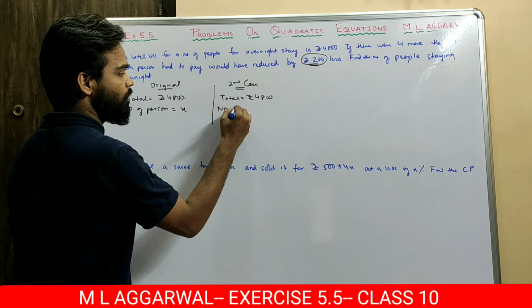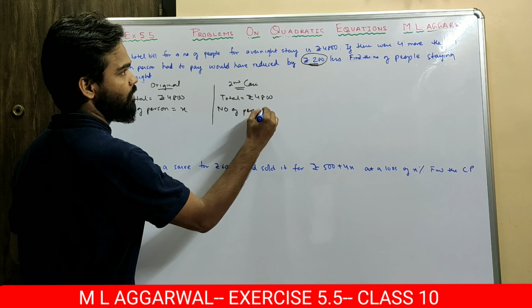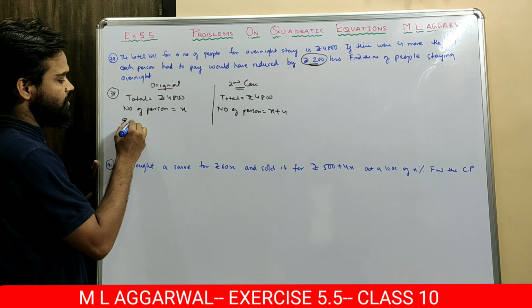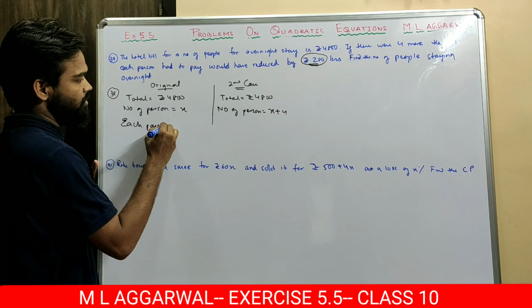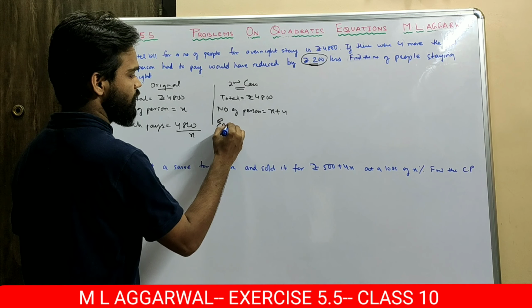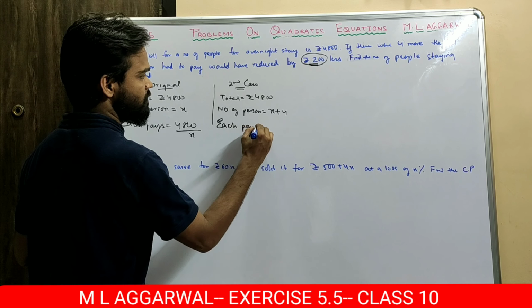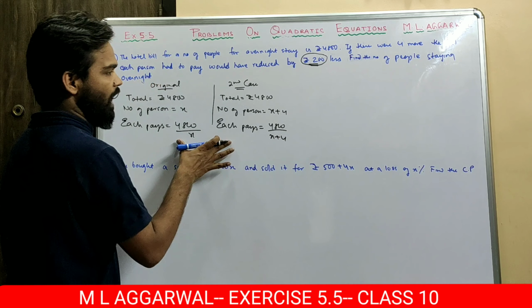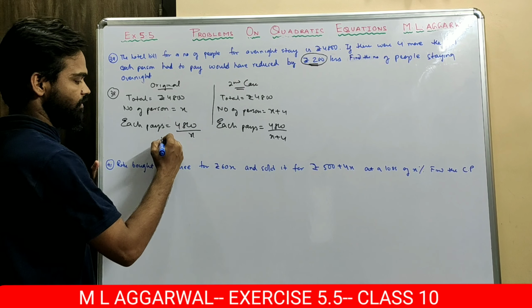So over here the number of persons is 4 more, x plus 4. Now each pays how much? 4800 by x, and over here each pays 4800 by x plus 4, and the difference is 200, which means